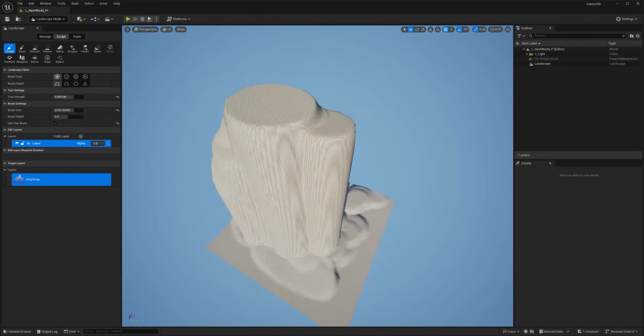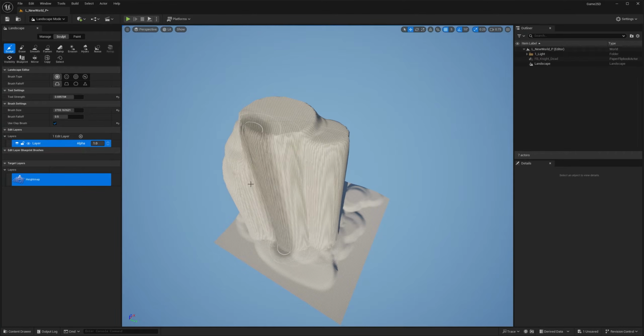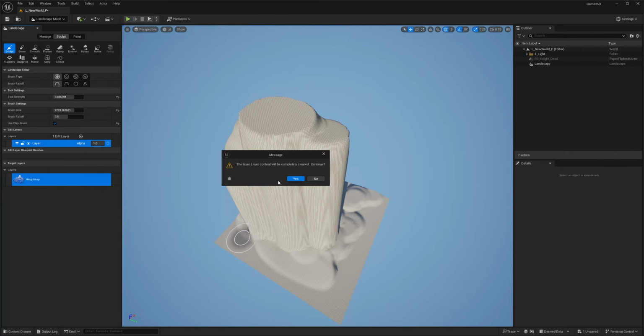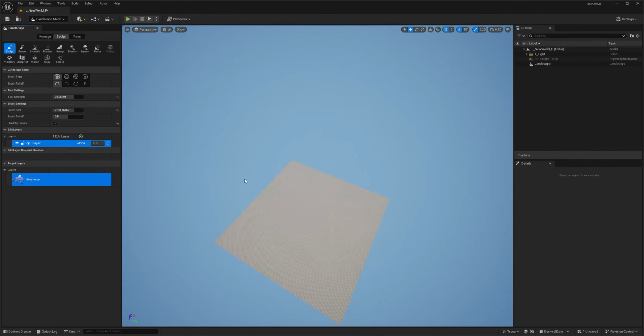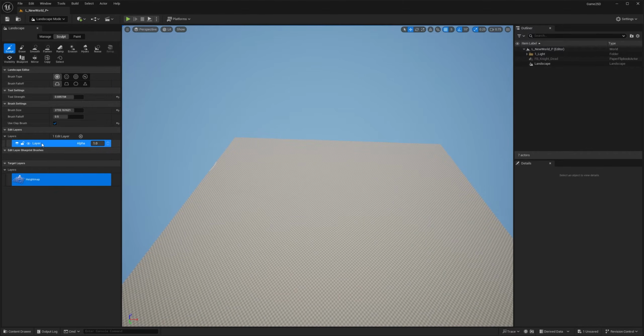Yep, there you go. So let's say this monstrosity is not what we want. So what I'm gonna do, I'm just gonna right click and clear this again. So what I want to show to you is my approach when dealing with this kind of landscapes, okay? What I like to do is go to my first layer, right click and rename it. And I'm gonna call this base.